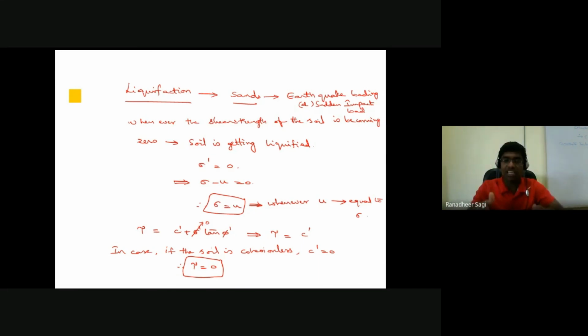Rather, it starts sinking into the ground, or it starts rotating, and you would subsequently see the failure getting initiated in your structures existing on such particular grounds. So we have to take sufficient care to understand whether the soil existing in that particular zone is prone to liquefaction or not. In case that soil in that zone is prone to liquefaction, then we have different remedial methods by which you can ensure the safety of that soil against liquefaction.